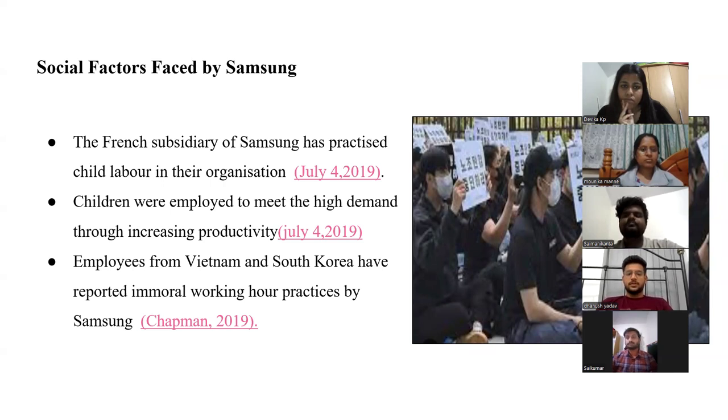Moreover, employees from Vietnam and South Korea claim that the working hours and accommodation practiced by the company are unacceptable. This picture shows the public protesting against Samsung over child labor. And the next slide,